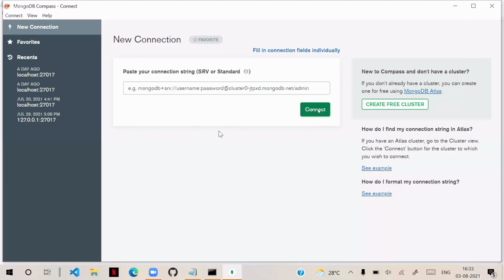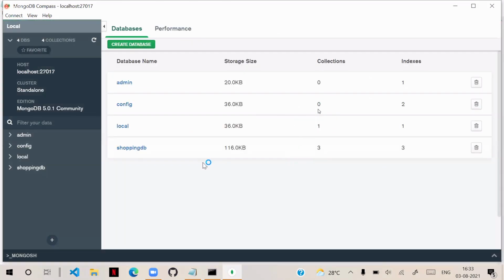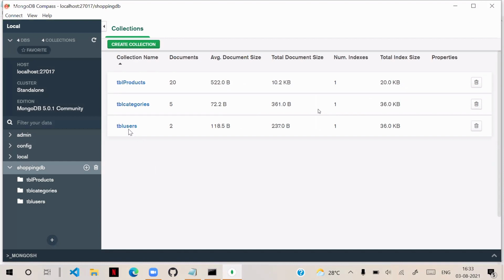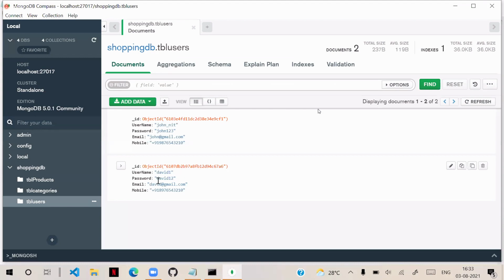So here I'm connecting, and here we have the shopping DB, and here we have TBL users. If you want to modify any specific record, on the right side you can see the buttons available.